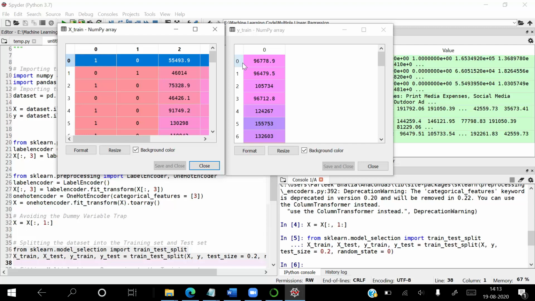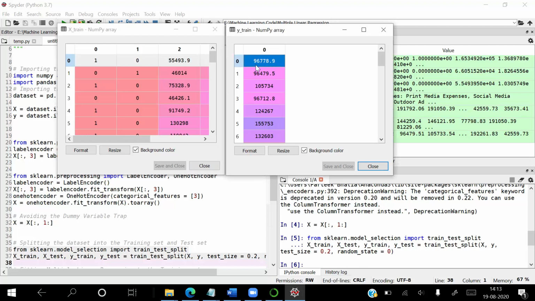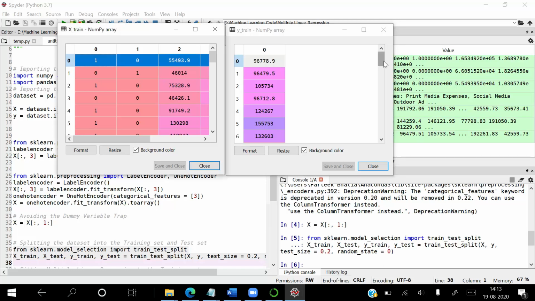For this company, its profit will be the value of Y at index value 0. So this will be 96,778. In this way, we have the value of profit of company in Y_train, while the value of their corresponding independent attribute is in X_train.